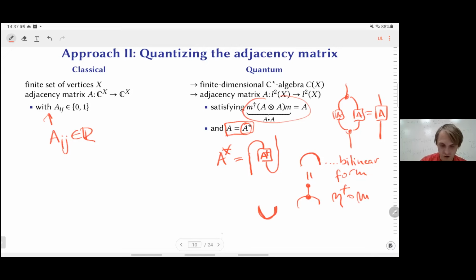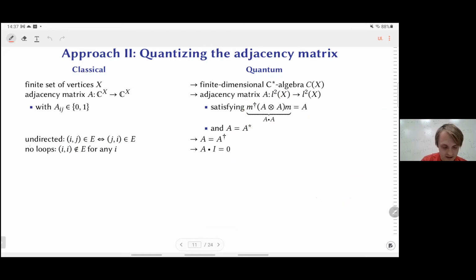Okay, so this is approach number 2. And again, you can define what undirected quantum graph means. This is kind of straightforward: this matrix A should be self-adjoint. So this is something else than this thing, right? First, the entries are real or self-conjugated, and this is in addition that A is self-adjoint, meaning that it equals its conjugate transpose. Good.